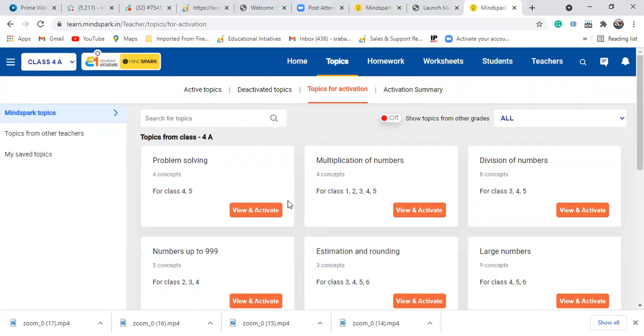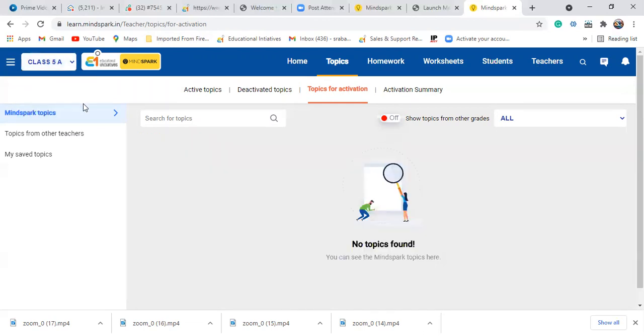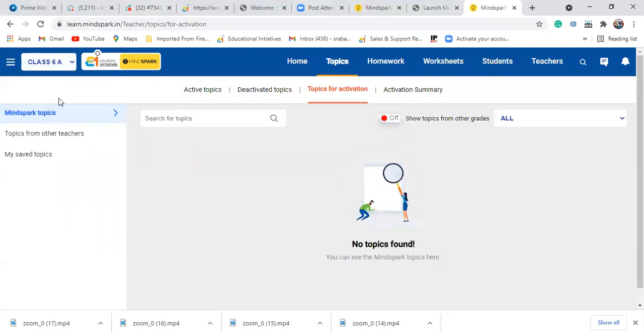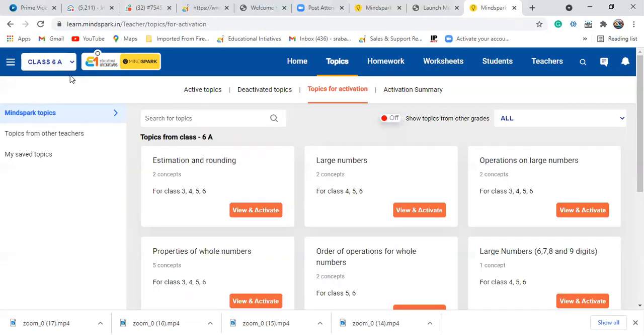When you click that, you get all the topics of grade 4. If you change the grade, you can get the topics of grade 5, then grade 6 and as well as 7. So as per your requirement, you change the grade. If you're mapped with only one grade, then you can see only that grade.